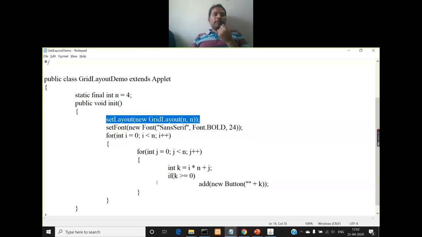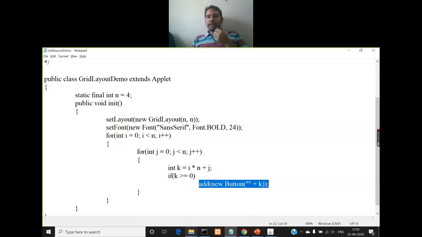So instead of creating 16 buttons individually, what you can do is you can use a for loop, a nested for loop. Each for loop will iterate 4 times. So the inner loop 4 times and the outer loop 4 times. So 4 into 4, totally 16 iterations will be there. And in the inner for loop, what I am doing is I am adding a button by calling the add method. So if you observe, this is the add method that I am calling.